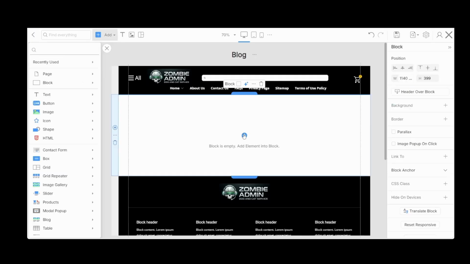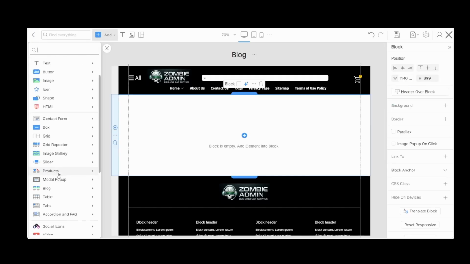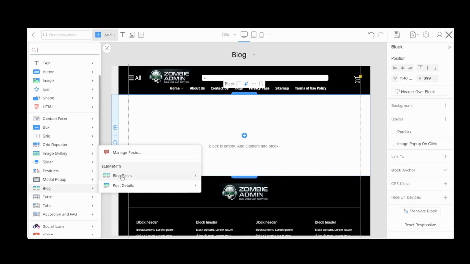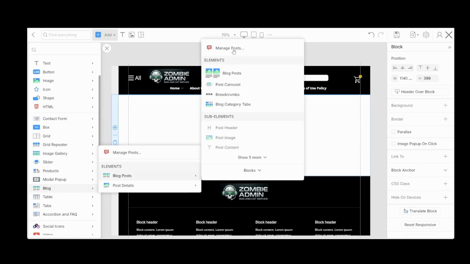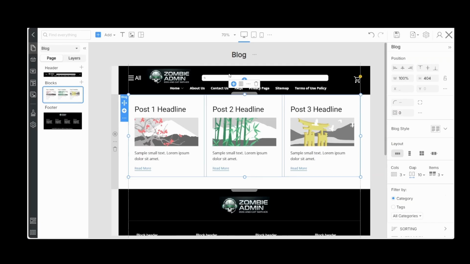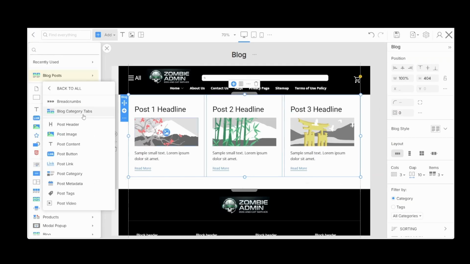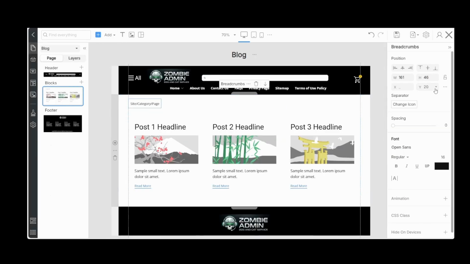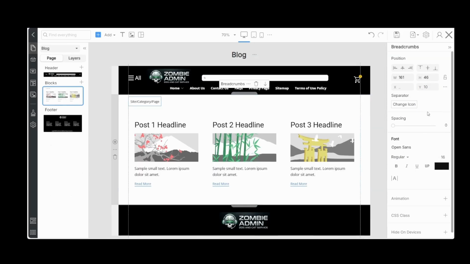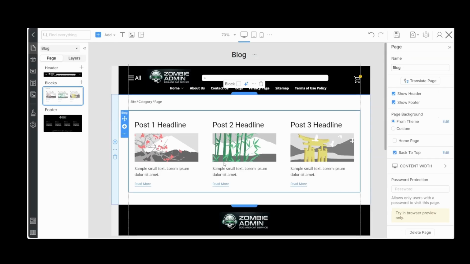We are going to add a blog post. We are going to add a breadcrumb. I'm going to set it at 10 with a spacing of 3. That's what I like to keep all of mine.